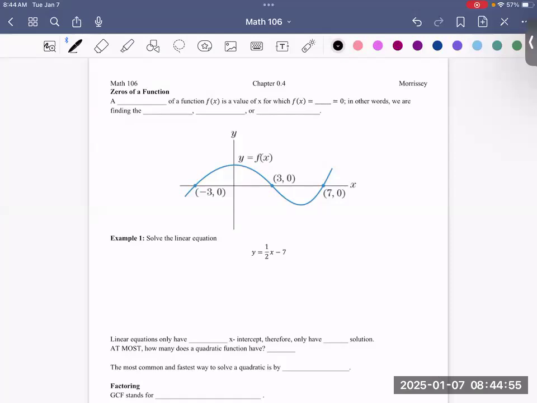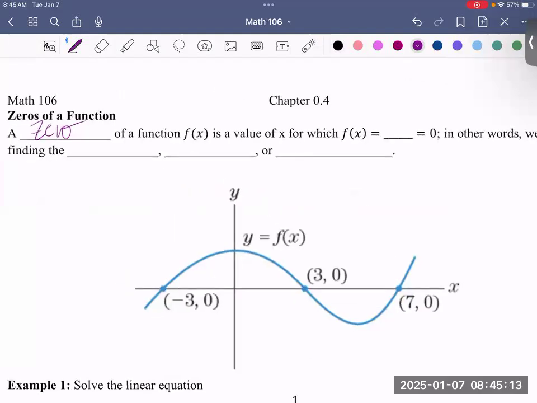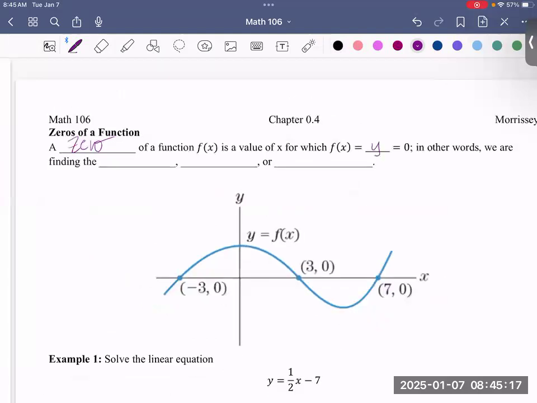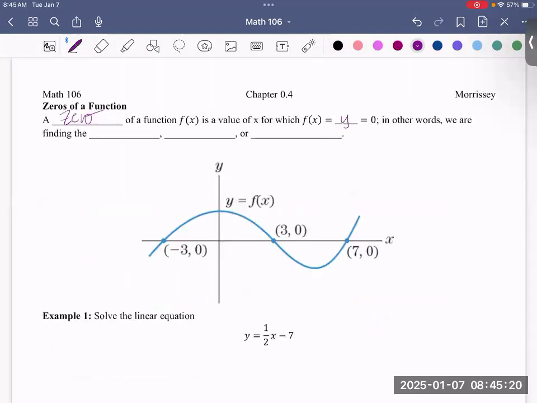Welcome to Math 106, Chapter 0.4, where we talk about how to factor and solve. So it says a zero of a function f of x is a value of x for which f of x, or y, is equal to 0. So in other words, we are finding the x-intercepts, the roots, and solutions